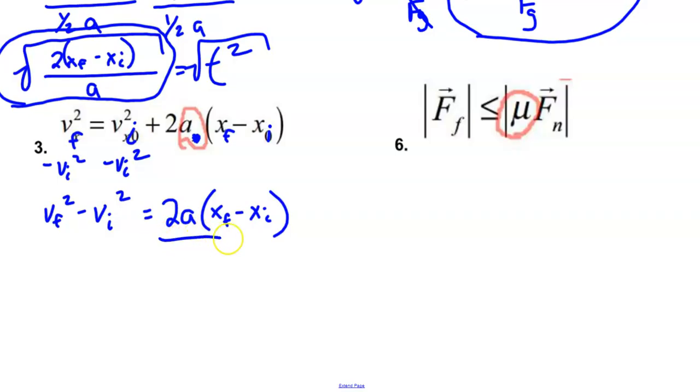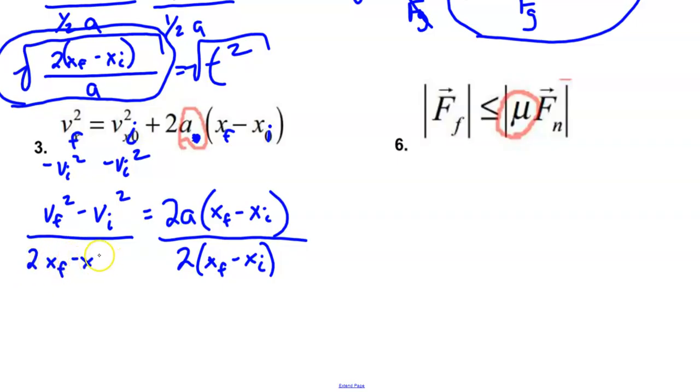So that means we need to divide both sides by 2(XF minus XI). Don't forget the parentheses here. And yeah, other side as well, 2(XF minus XI). 2 cancels, that cancels. That solves for a. That's what we want. A equals VF squared minus VI squared